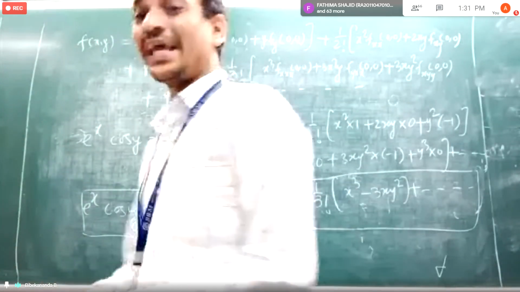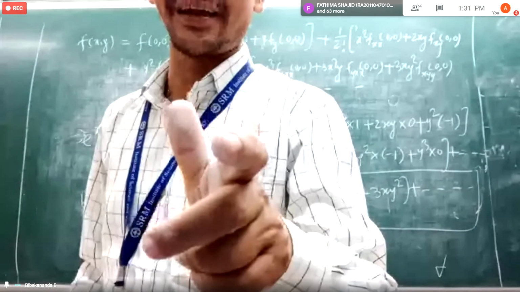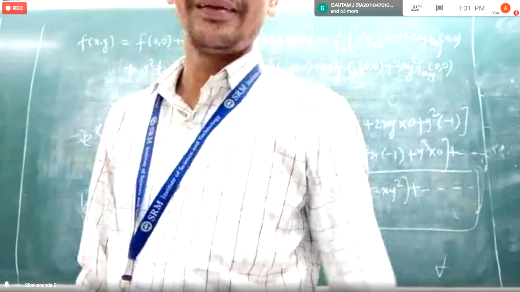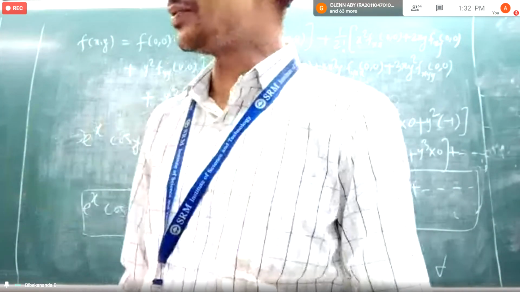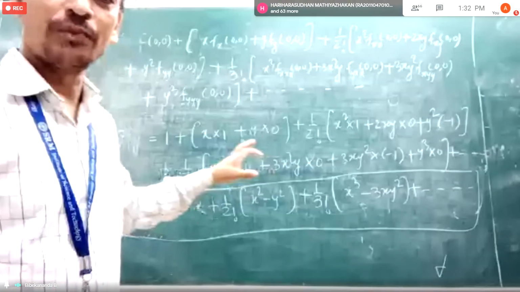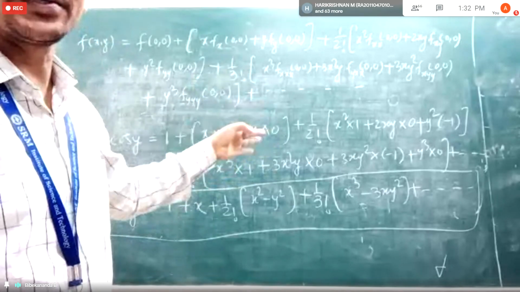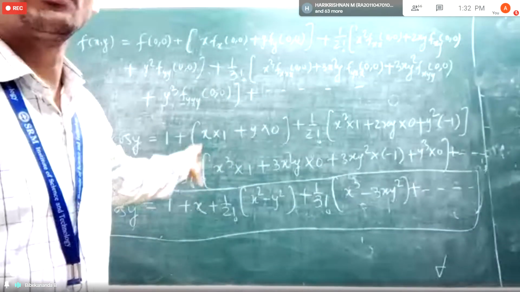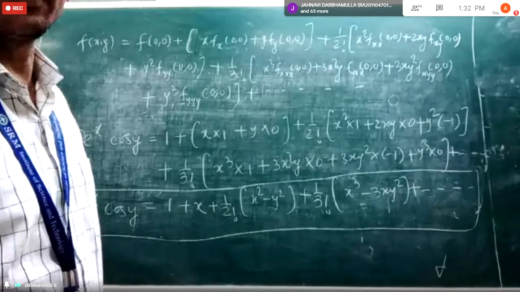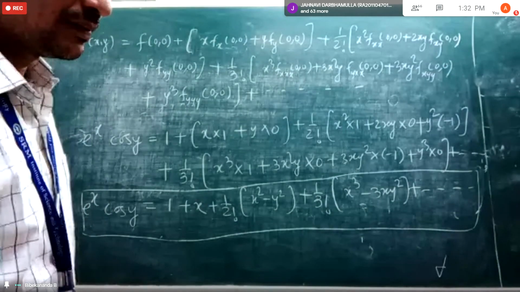No, I am saying, try to understand the sentence. The Taylor series at origin, I am saying. Taylor series at origin means it is a Maclaurin series. Understood? If I say Maclaurin series at origin, that may not be meaningful. But if I am saying Taylor series at origin, it is equivalent to Maclaurin series. Understood, no?